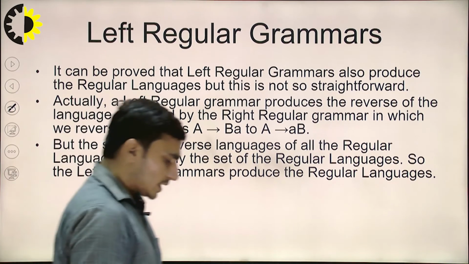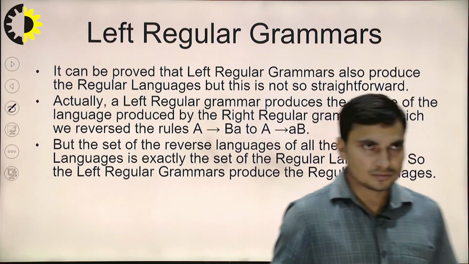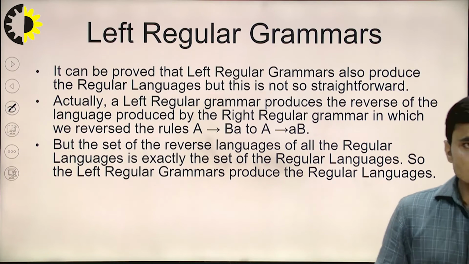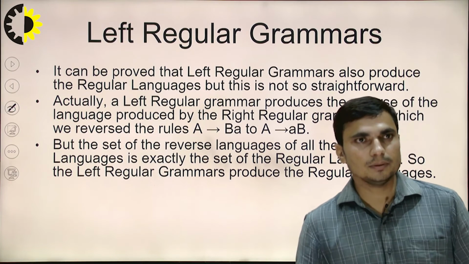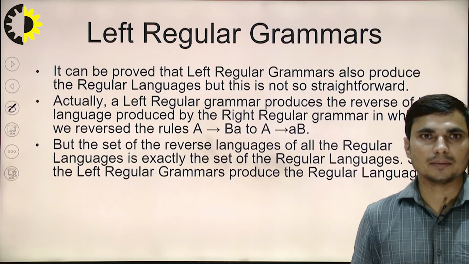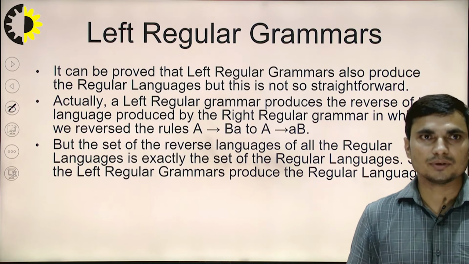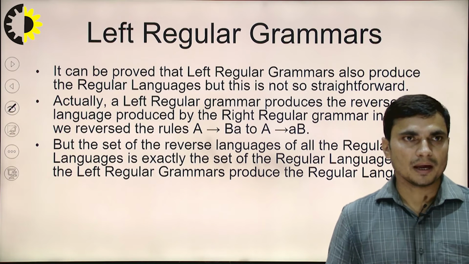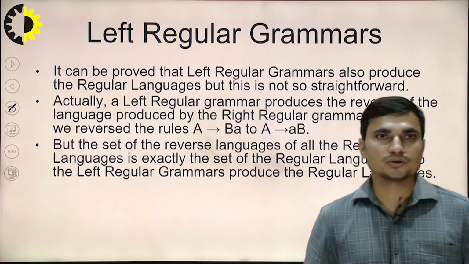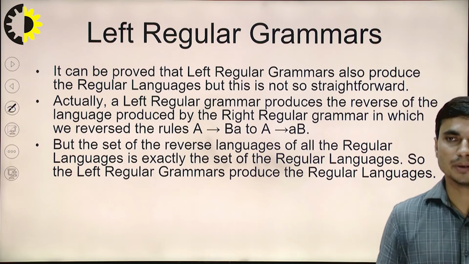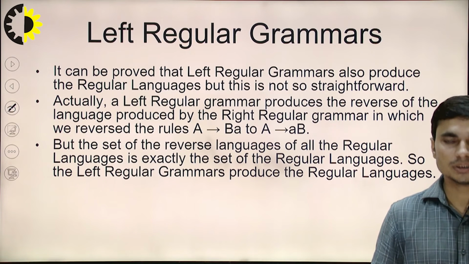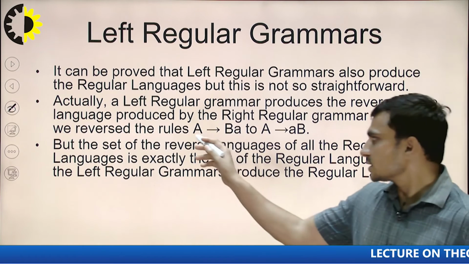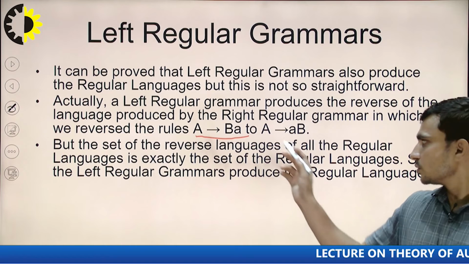Now the left regular grammar. We have discussed the difference between right regular grammar and left regular grammar. It can also be proved that the left regular grammar also produces a regular language, but it is not so straightforward. Why is it not so straightforward? Actually, left regular grammar produces the reverse of a language produced by a right regular grammar, in which we just reverse the rules. Suppose we are having this kind of rule, we just reverse that rule to this kind,